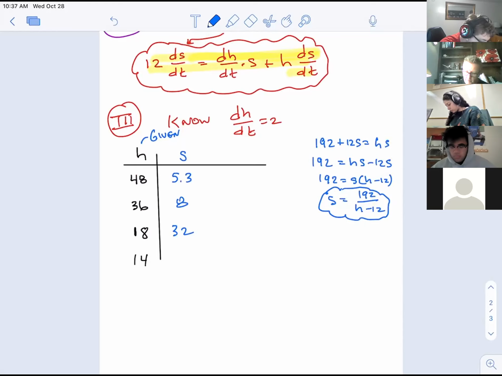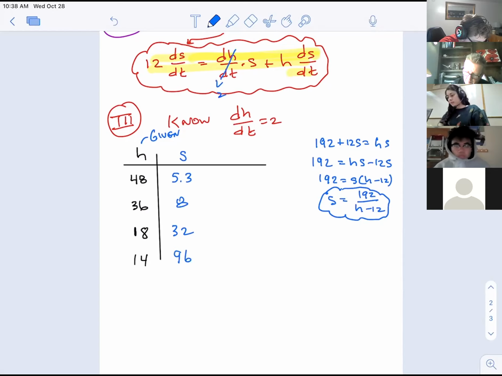Well, the shadow is going to be really long. It's 96 feet long now. So as the sun gets lower, as h gets smaller, S actually gets bigger. Would you agree that now I have, so I figured S out myself. Now I have all the ingredients I need to plug in everything in this red equation on the top, except for the one thing that I want to know. I want to know what ds/dt is. Now I know that dh/dt is 2.